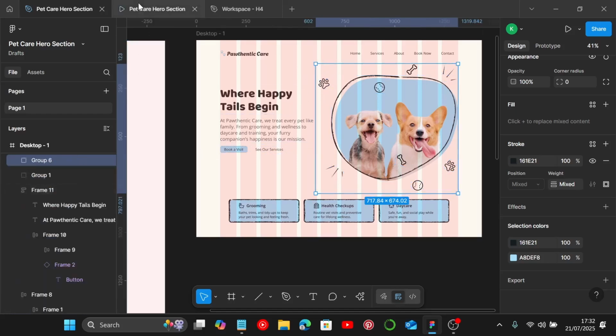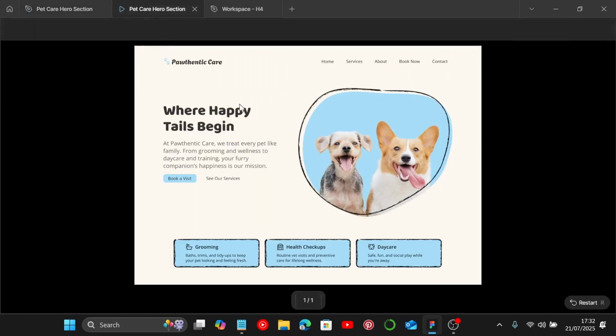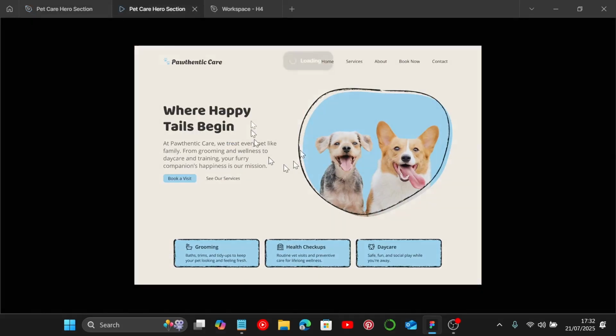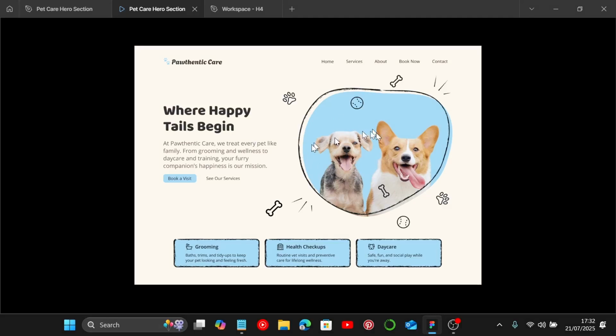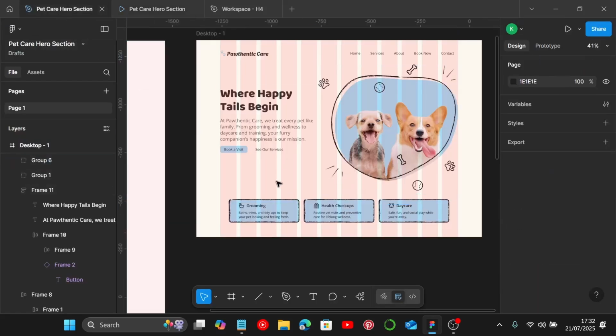Let's go to our prototype to see what it looks like. And this is what we have. The bone isn't supposed to be there. Sometimes it happens in Figma. It's just a glitch. Don't worry, I'll restart it and you won't see it anymore. But yeah, just go ahead and group everything, and now we can just go on and add a bit of